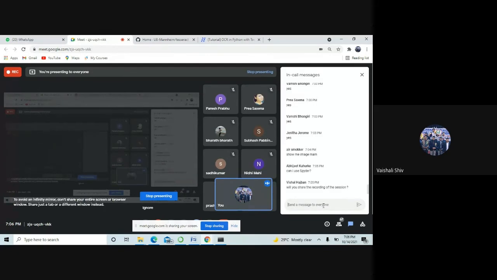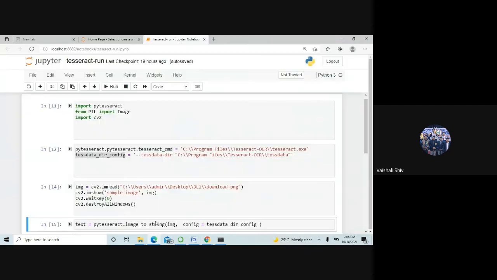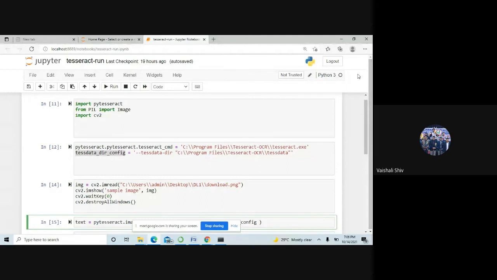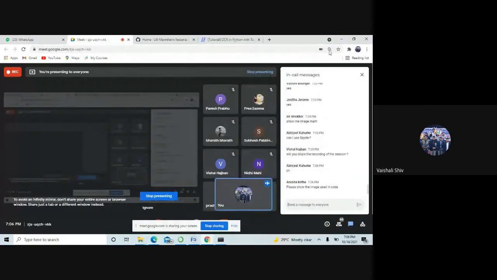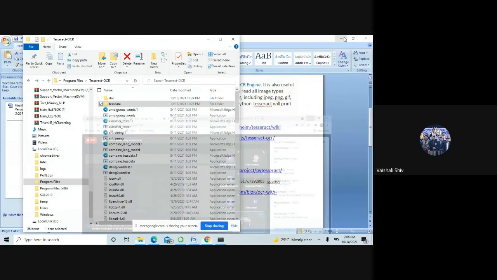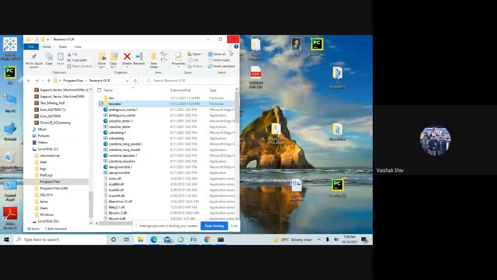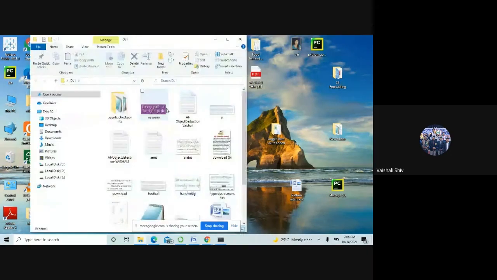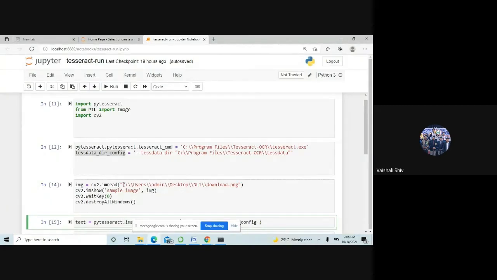Okay, so we will see an example. This is the path I have given only once; you have to give the path. Then I'm crossing this, and here I have an image. This path I'm copying, the path of the image, and I'm giving here image equals cv2.imread.